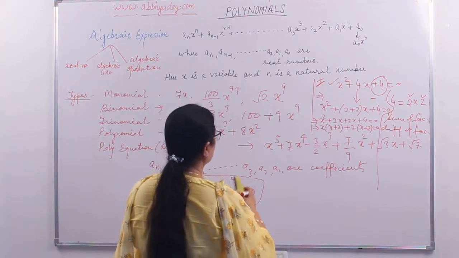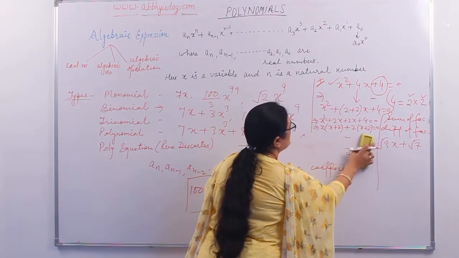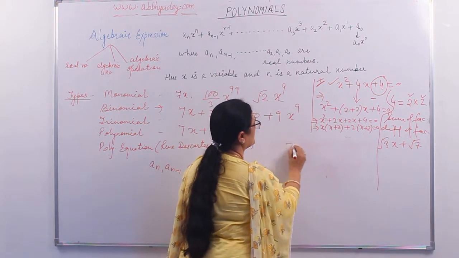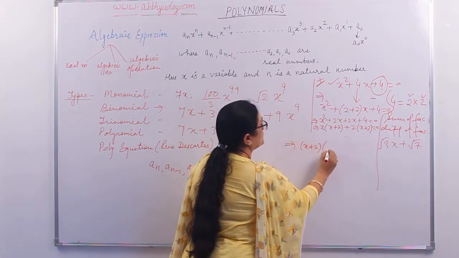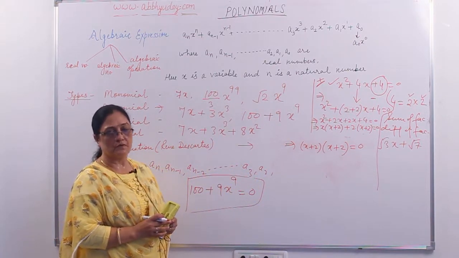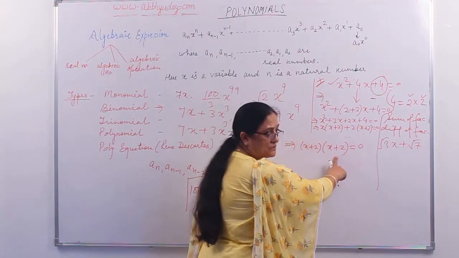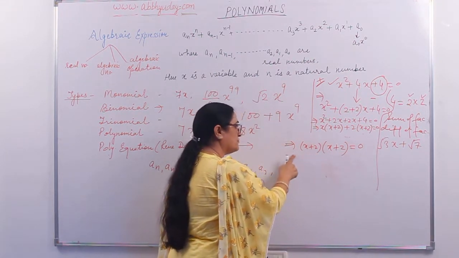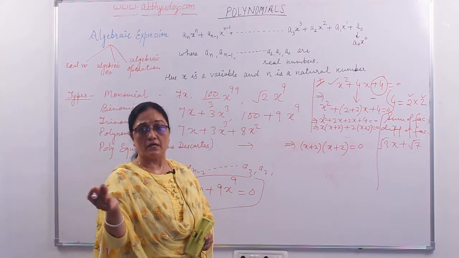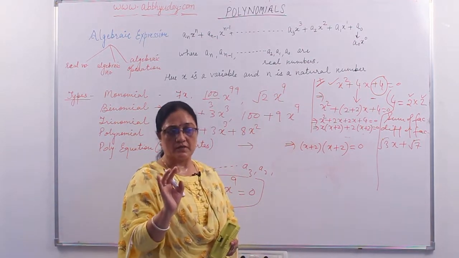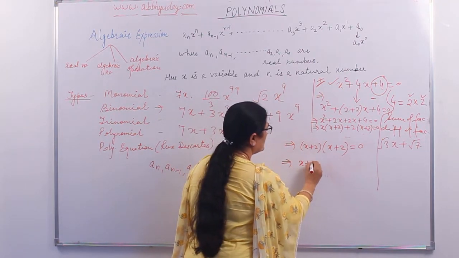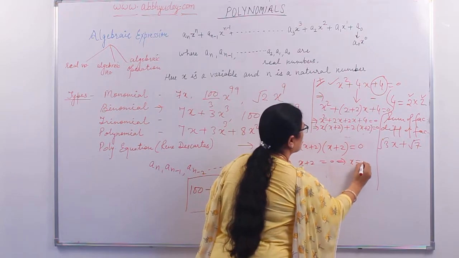Since I have two factors here, I have got two factors of this quadratic equation. From the first and second part you can take x plus 2 common. From the first part x will be left, from the second 2 will be left, this way. I have got now these two factors. Now if the product of two factors is 0, then either the first one should be 0 or the second one should be 0, because 0 multiplied by something is 0. There are no two natural numbers whose product comes to 0. For that, I need to put each factor equal to 0 and get the value of x from there.